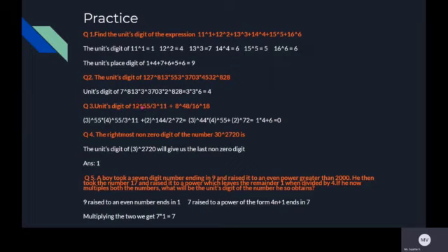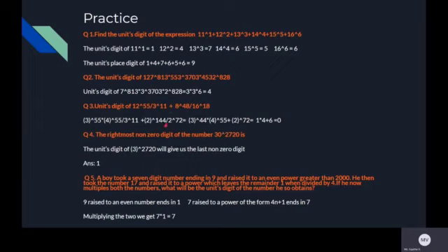12 raised to 55, I'll express it as 3 into 4 raised to 55. 3 4s are 12, right? 3 into 4 raised to 55, or 3 raised to 55 into 4 raised to 55 divided by 3 raised to 11. Similarly here I'm going to express everything in terms of 2. So this is 2 raised to 3. So 8 raised to 48 becomes 2 raised to 144.